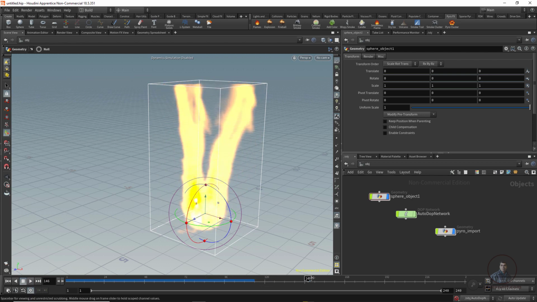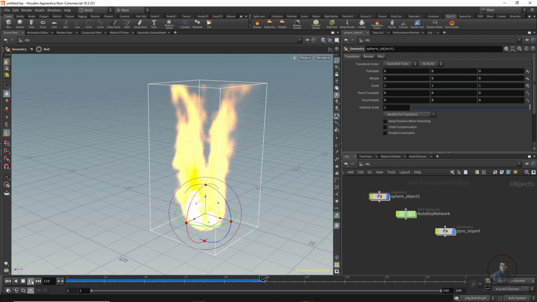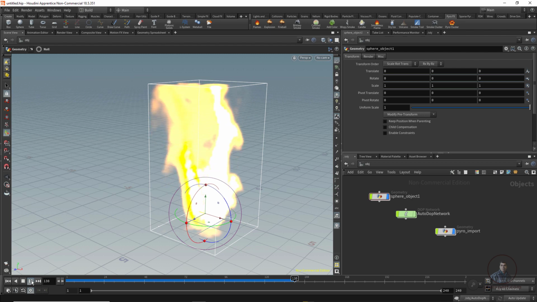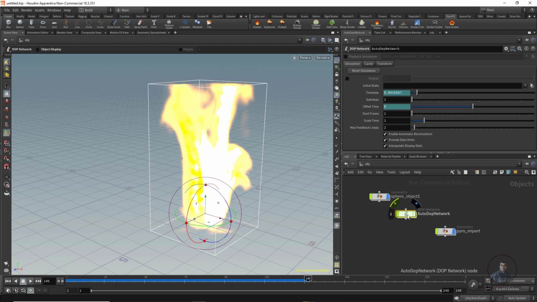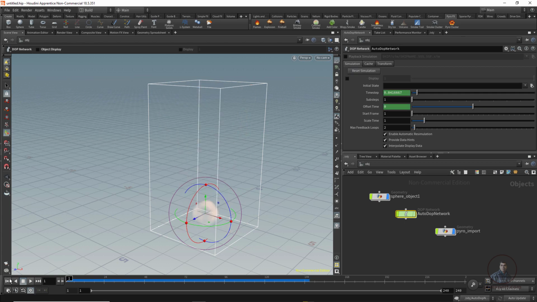Again, if you want to cache after this, then you can just place it here, then enable this one. Now again you can play like this. Okay. So after this you can cache your simulation in RAM. Now suppose you want to clear this cache, then select our top network here. Usually you can see this top network, and here you will see reset simulation. Now just come to the starting frame of our timeline.